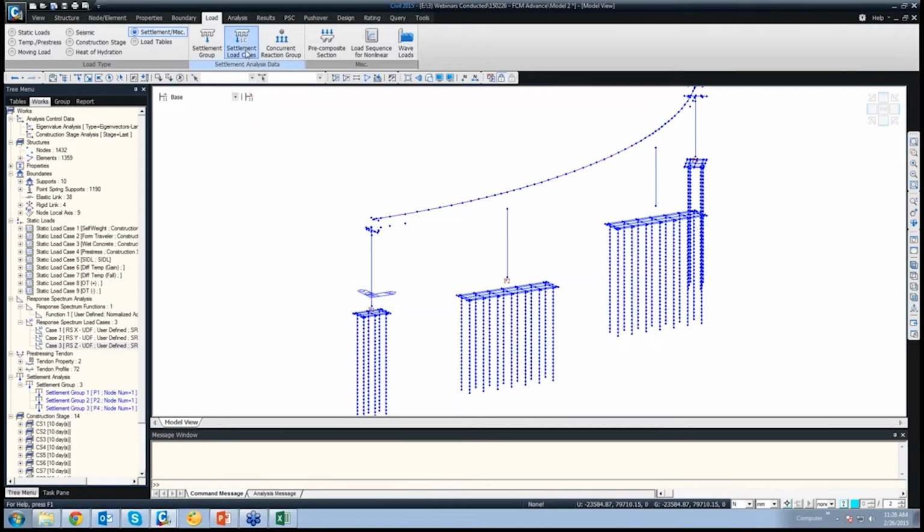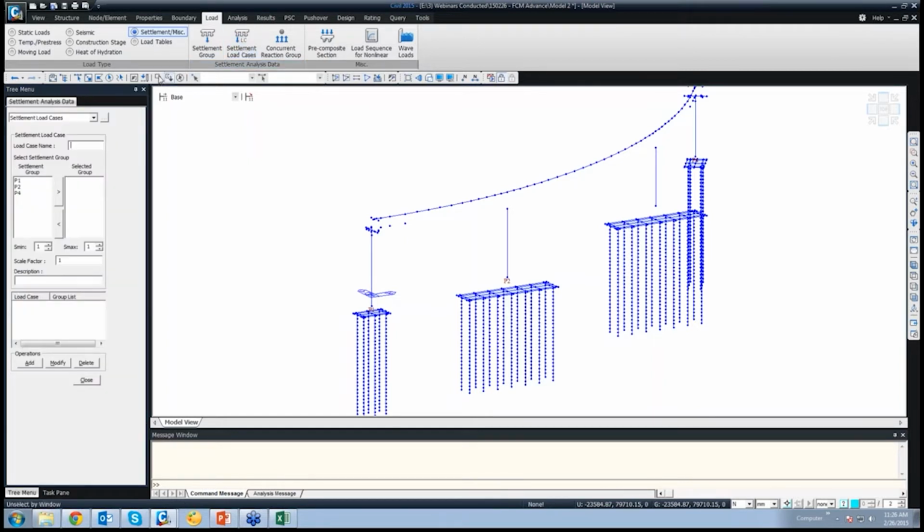Similarly, just the way we created the response spectrum load case, we have to create the pier settlement load case. So select the 3 piers and we just have to give the name settlement, and we click on add. Okay, so the settlement load case has been created.